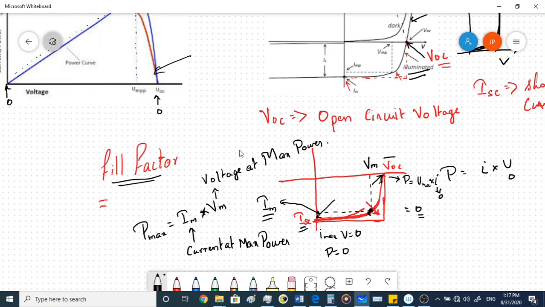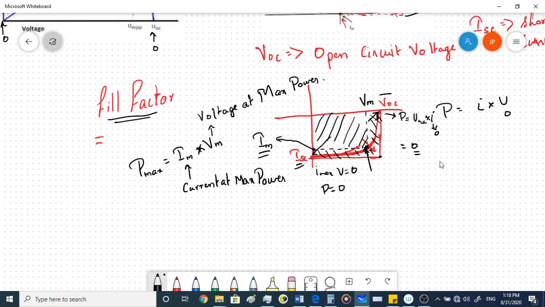Now we were talking about fill factor, right? So what is fill factor? Now ideally this solar cell could have achieved a maximum power corresponding to this point, right? But that is the ideal case, not the practical case. Now in a practical scenario, this is the maximum power that can be achieved at this particular operating point. So how much does the practical power fill the ideal power? That is what is meant by fill factor.